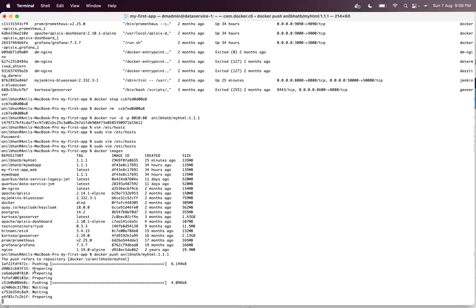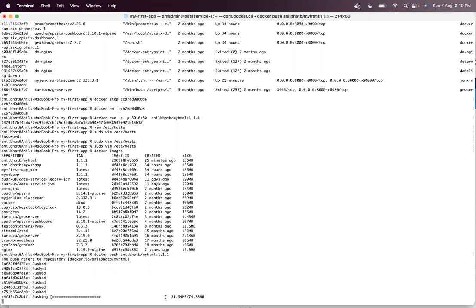It is preparing in terms of layers. It is creating layers and pushing each and every layer one by one. It pushed 5 layers, and finally it is pushing another 3 layers in parallel. You can see that progress in the command terminal.